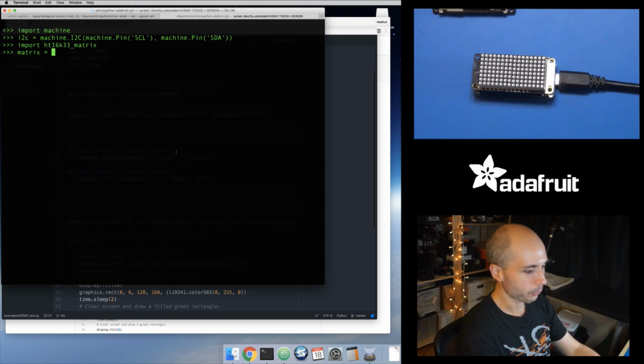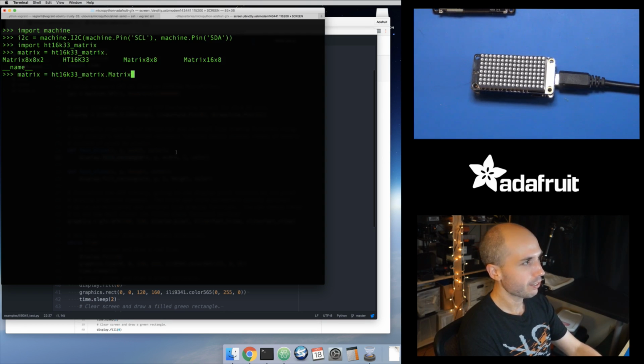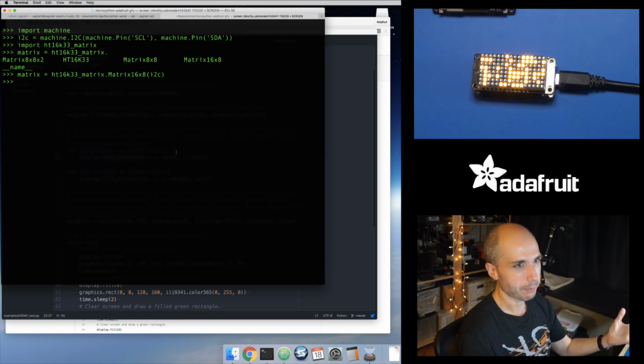matrix equals the HTK library dot, and inside of here, there is a matrix 16 by 8 class that I want to use. And this just needs to take in the I2C interface. I do that, you get a whole bunch of random junk. That's because it initializes with random display memory. You can clear all that by basically calling